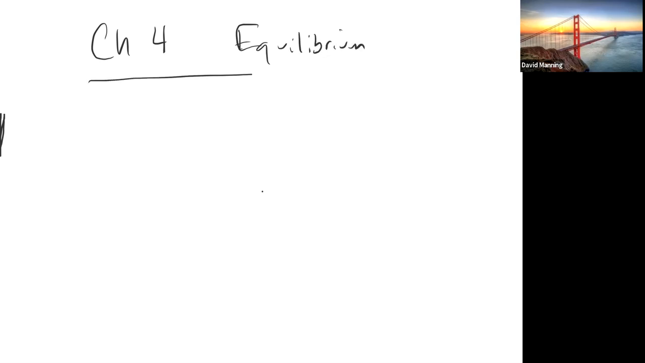Chapter 4 deals with equilibrium, right? So far in this course, we've been solving for resultants, and resultants were one force that represented all of the forces. We used the sum of the forces in the x equals Rx, and the sum of the forces in the y equals Ry, and then we used those two components to find the resultant. Well, in chapter 4,